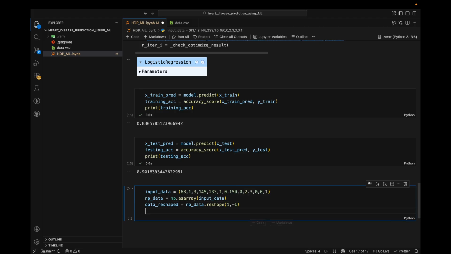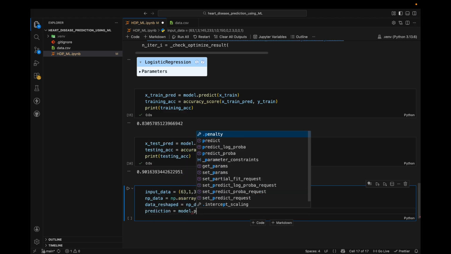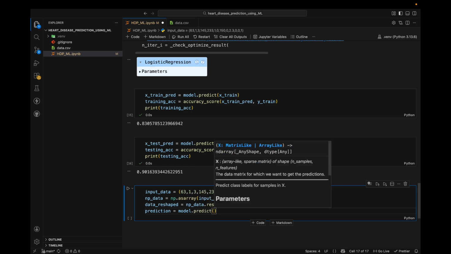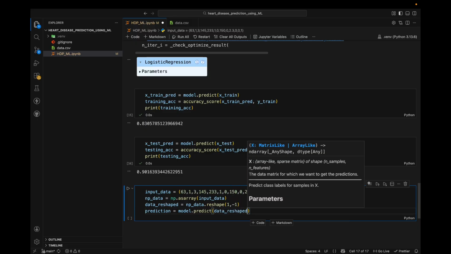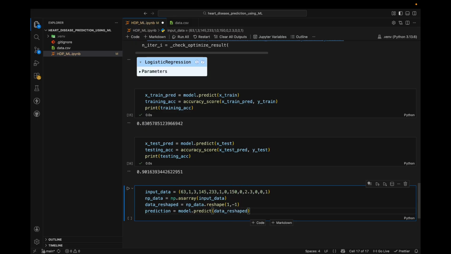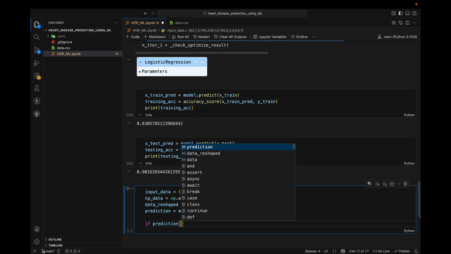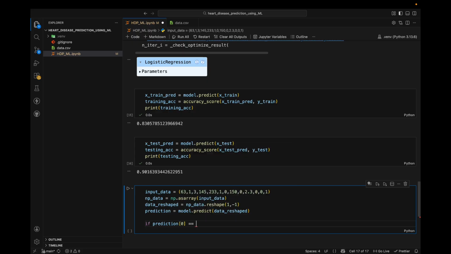So now let's do prediction. Okay, so I'll make another variable prediction, and I'll call out my model, and I'll type model.predict, and I'll pass inside the data that I have reshaped. Okay, now let's put in a condition. So if prediction is 1, we will print